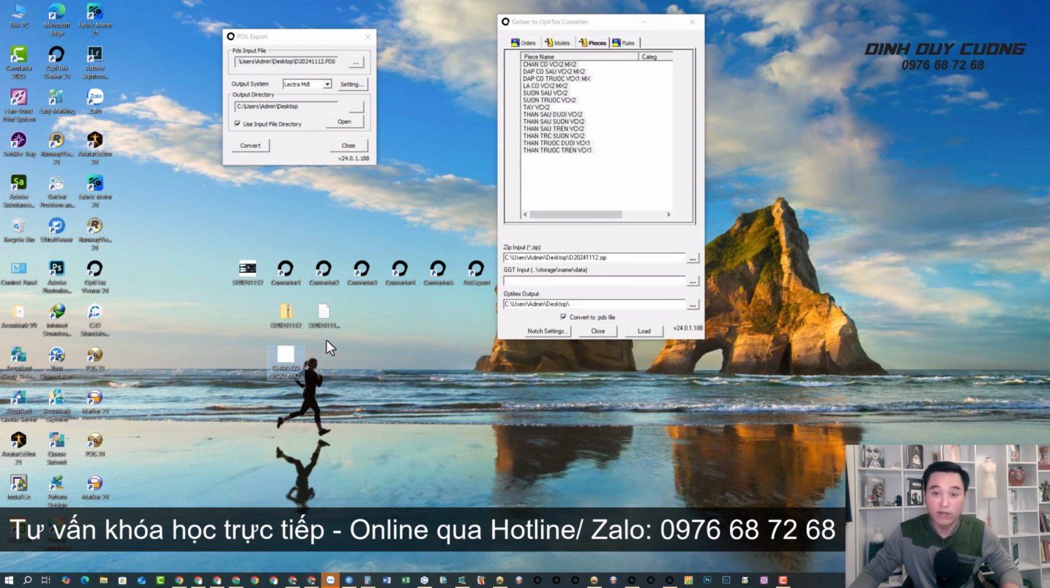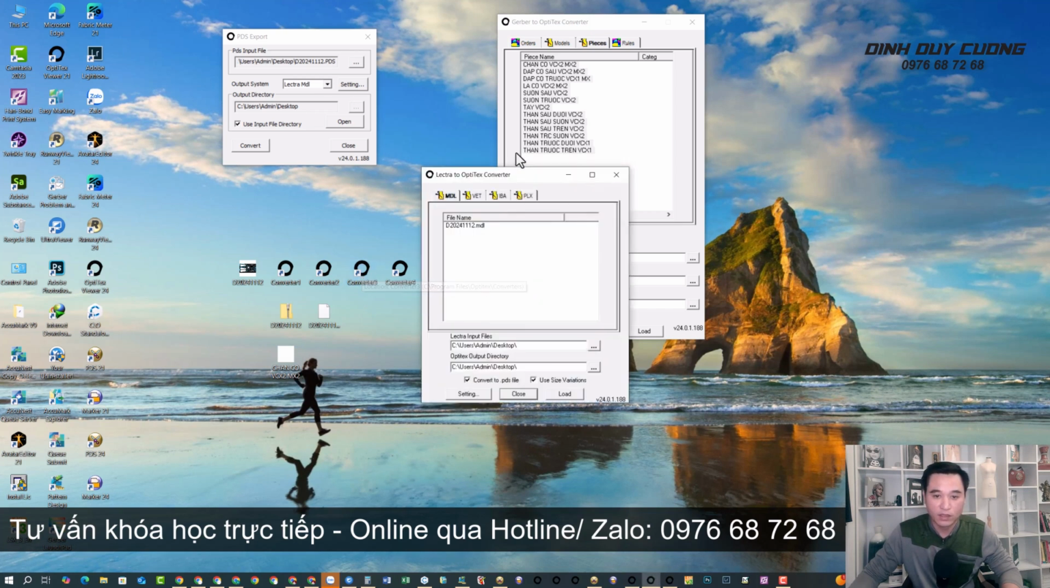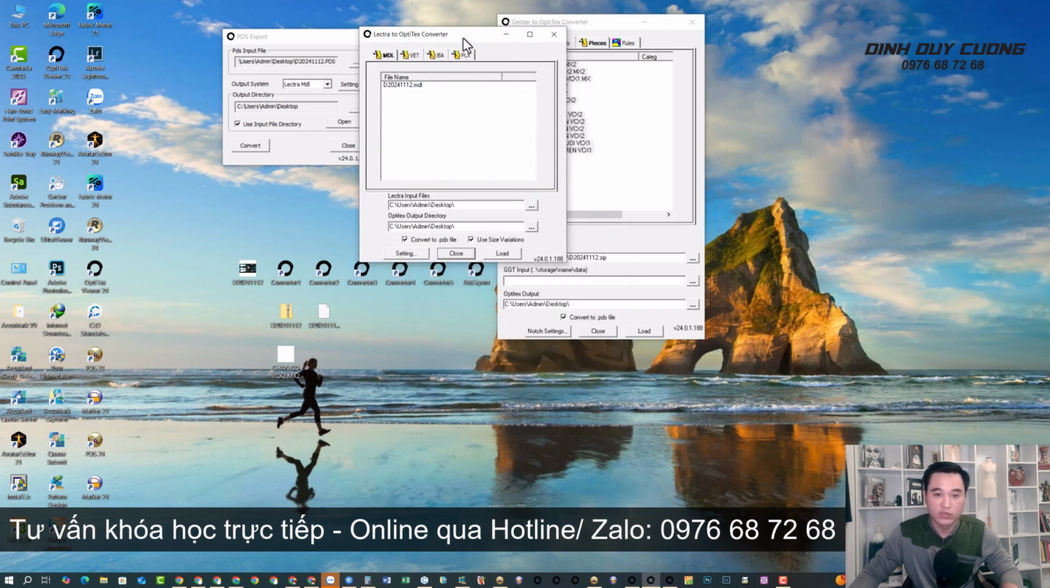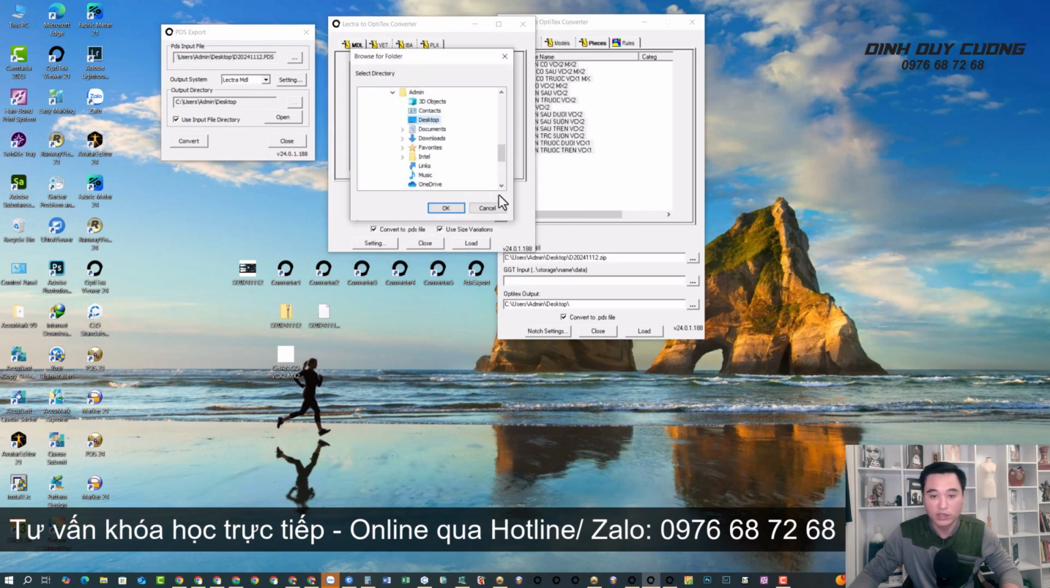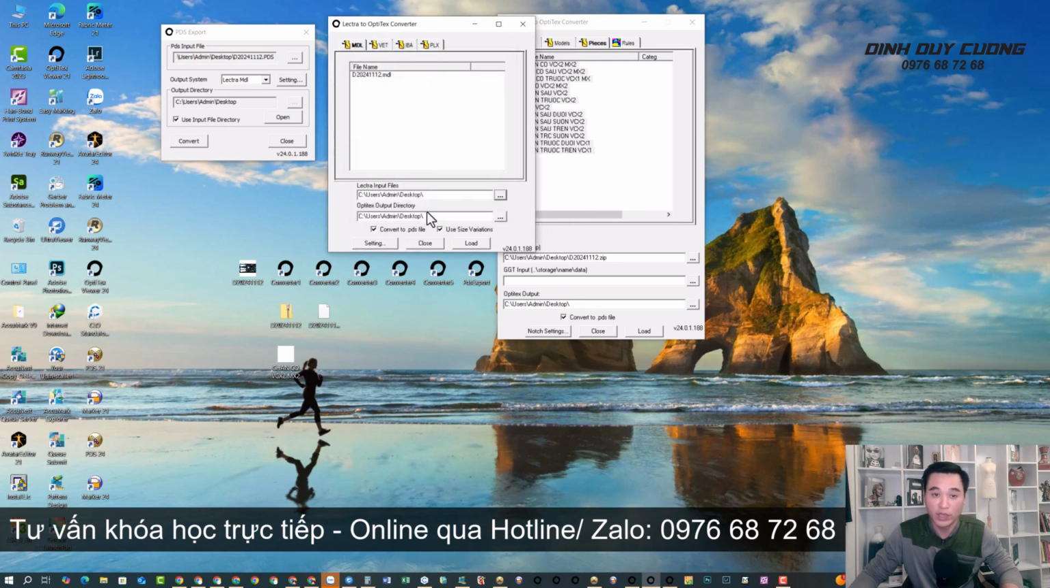If you want to import a file from Lectra into Optitex, you will use Convert 3. Now you will notice that there is a window specifically labeled as the Lectra to Optitex converter. From here you will go ahead and select the very first line at the top. You will click on these three dots, select the location where the Lectra file is stored and click OK. Then you will see the Lectra file here. At this point you will click Load,